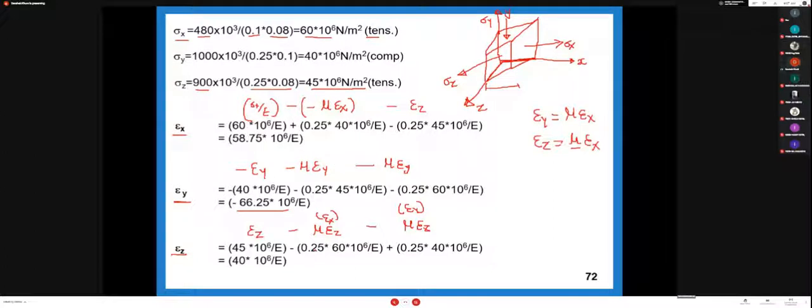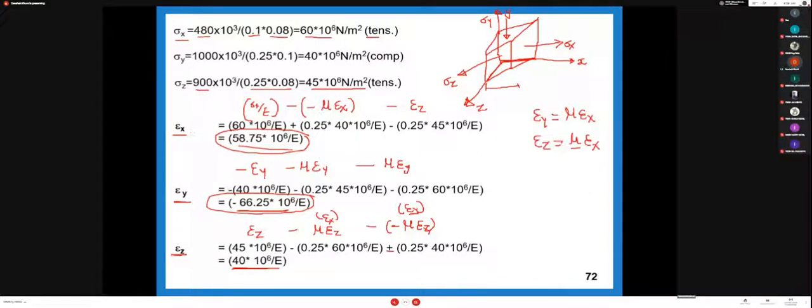Same way using the Poisson ratio. But here strain in the y direction is negative. So here we put one additional sign. Okay. So this becomes positive, and we get the ultimate strain in the z direction. Now according to these values in the x, y and z directions, their dimension is changed. Meaning the x direction dimension changes according to this rate, the y direction dimension changes according to this rate, and the z direction dimension changes according to this rate.